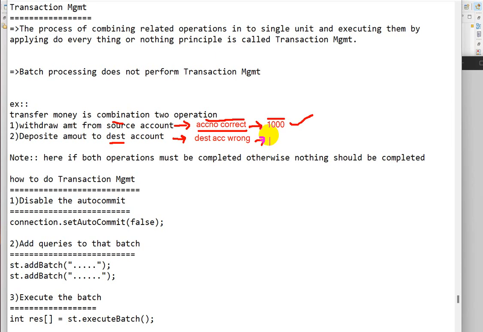That means any digit in the account number went wrong.